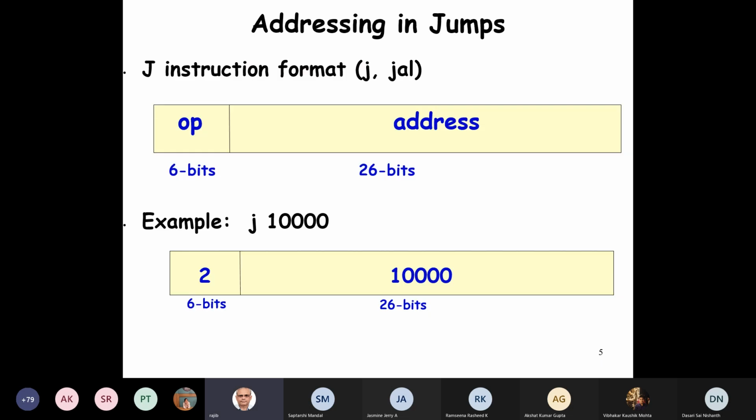Now let's look at the jump instruction. As I was saying, 26 bits are there for the jump address, and the rest of the 6 bits, where the opcode is specified, are obtained from the PC, and the MSBs here are appended to these 26 bits from the PC. The jump and link, we'll use today for procedure call. And what is the maximum address range, I was asking you to compute as homework.